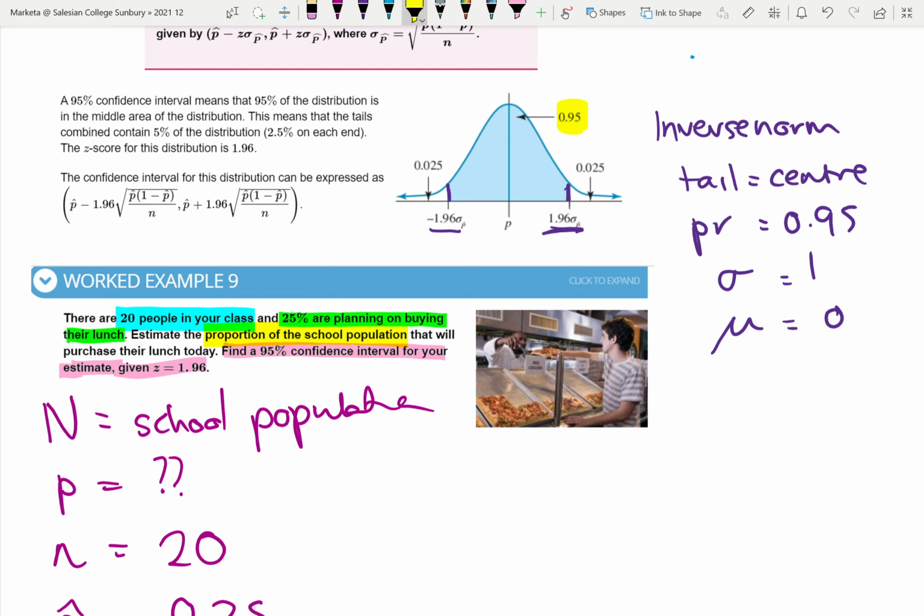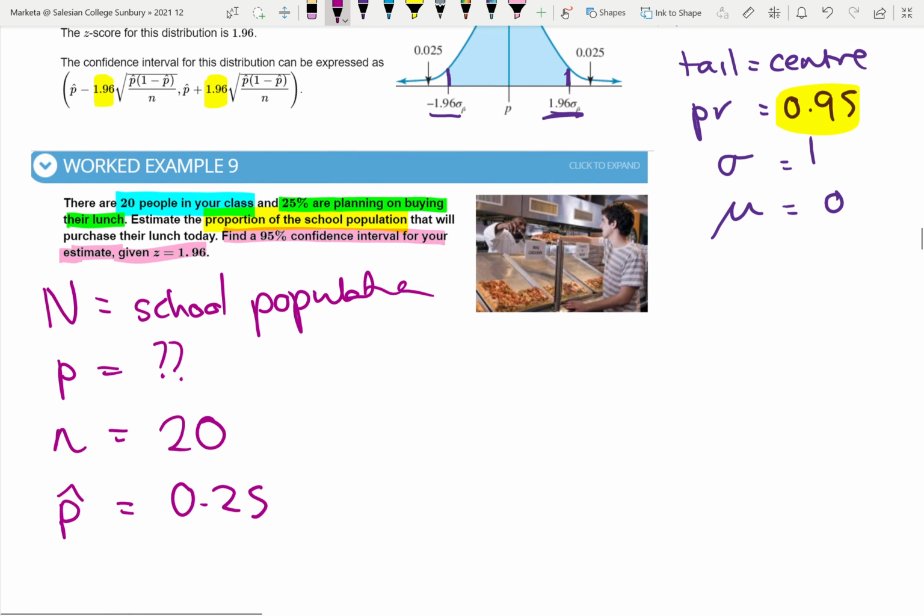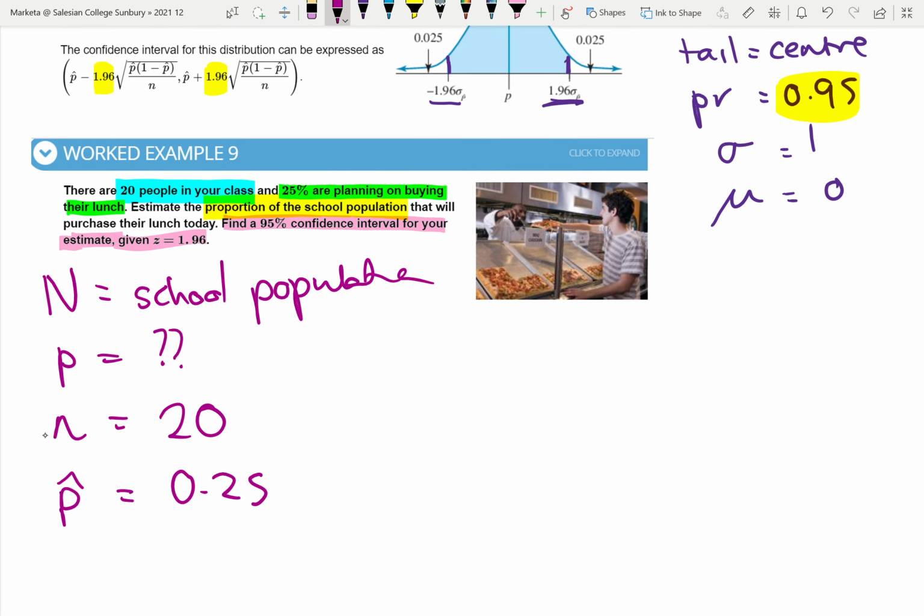And we are often asked to find a 95% confidence interval. So that's where we're using 1.96, because that's the z value for 95% in the centre. However, it's not always like that, and we'll see a question in a minute where it's not. So it's important that you read and see what confidence interval they're asking for. And if it's something other than 95%, you're going to have to find your value in the same way, but obviously putting the specified confidence interval in there as your probability. So let's head back to the current example, and our formula for a confidence interval